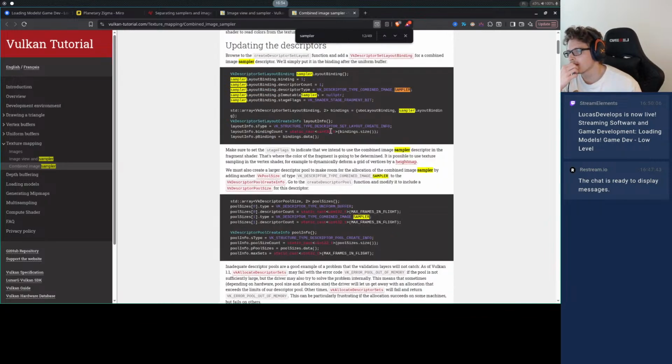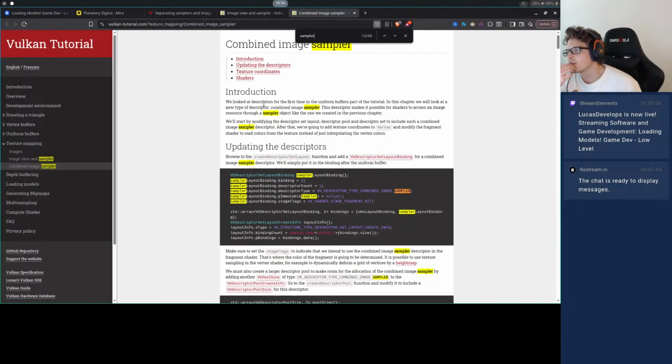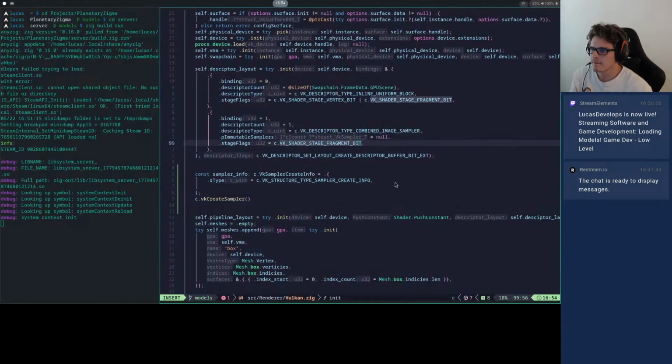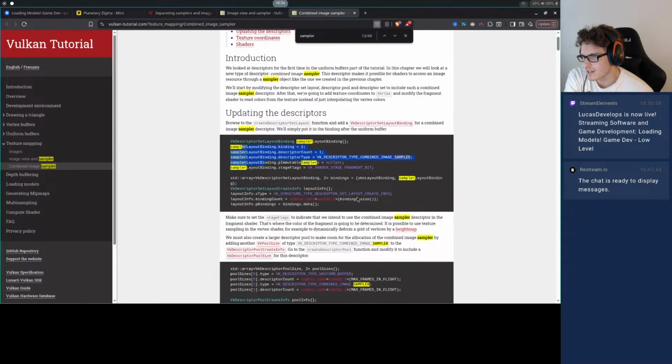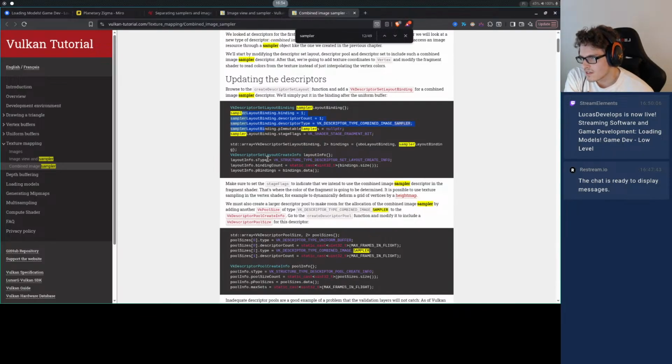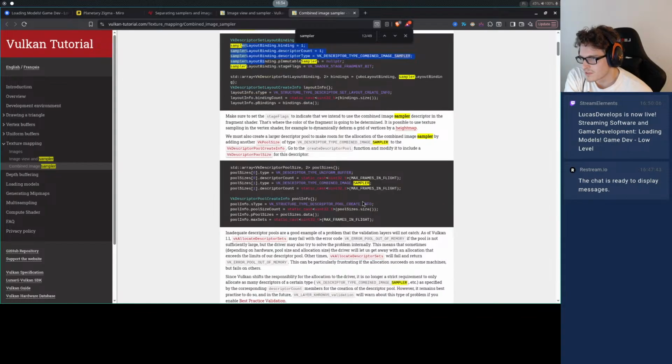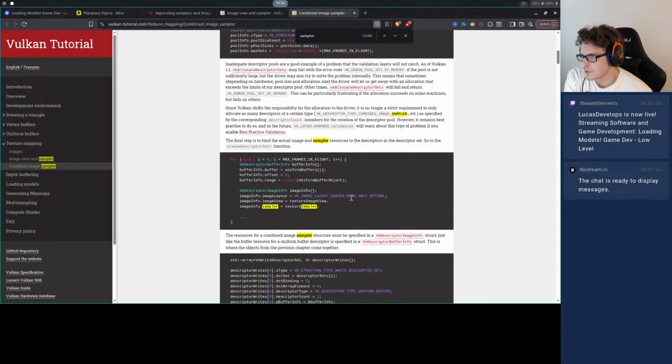Updating descriptors. But the thing is that I'm usually... we'll look at descriptor at the first time in uniform buffer. Part of the tutorial in this chapter we'll look at the new type descriptor, combined image sampler. This descriptor makes it possible for shader to access an image resource through a sampler object like the one we created in the previous chapter. We'll start by modifying the descriptor set layout and descriptor pool. Okay, no. This is what we have been doing here. Now I'm back on it. And then descriptor set. Okay, no, so there's not. Okay, bro, I got so confused. Okay, good. We are chilling. We don't care about the pool sizes. We do care